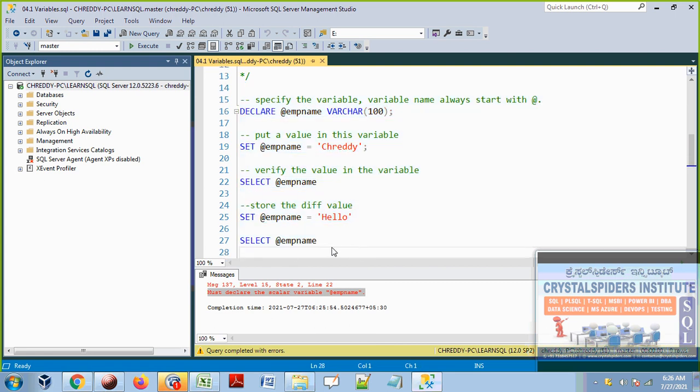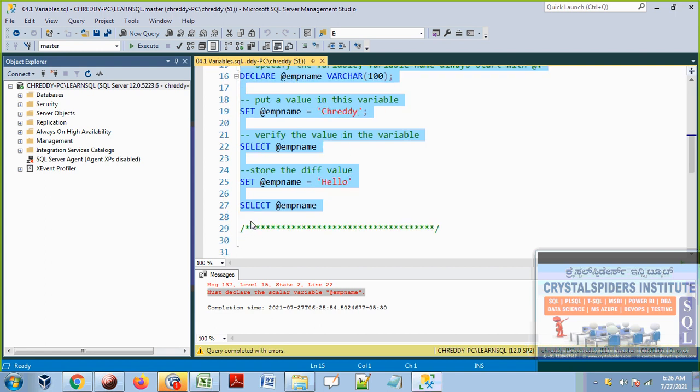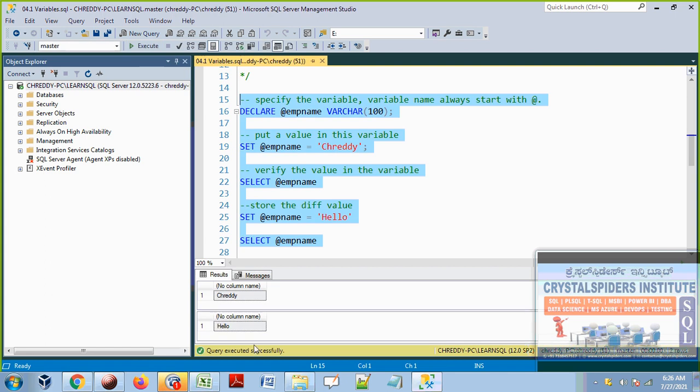Now here I am going to execute all these lines together. It is going to start from the 15th line to the 27th line. During the execution of all these lines, the variable is there in the memory, because I am executing all these lines together as a batch. The variables are available in the memory until the 27th line is done. After the 27th line, the variables are not available because execution is completed. As soon as execution is completed, the variable is gone from the memory. Let's execute now.